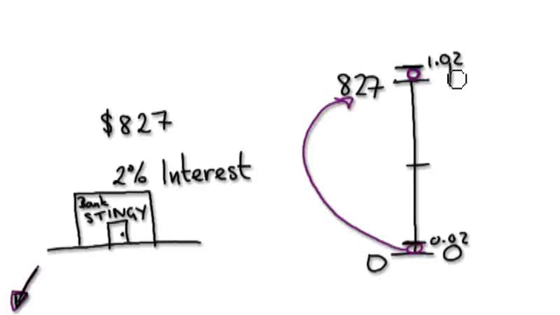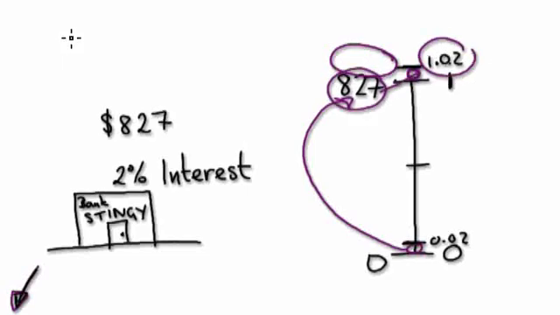Remember, it has to be higher than 1. 1 is at this level here, so it has to be higher than 1. So basically, we want to know this amount here. So it's just a matter of getting the original times it by 1.02. Okay, so our answer, because I'm asking you how much will you have at the end of the year in total, and this is a total. I'm not asking you how much interest did you earn on this tiny part here. But I'm asking how much money will you have in total. So it would be this